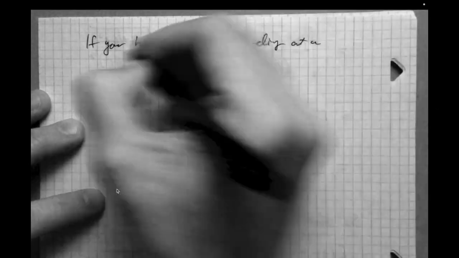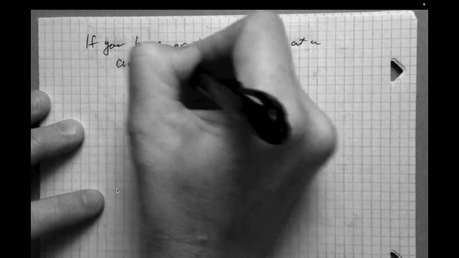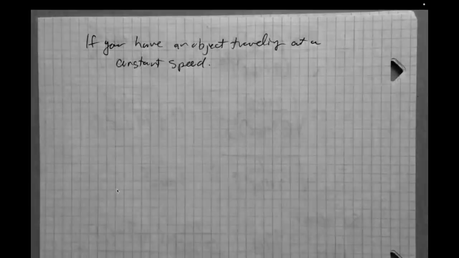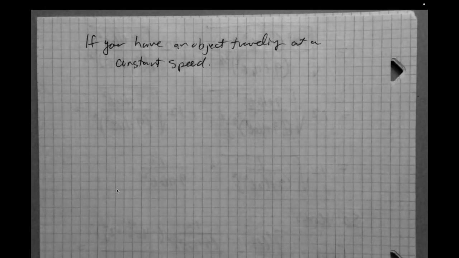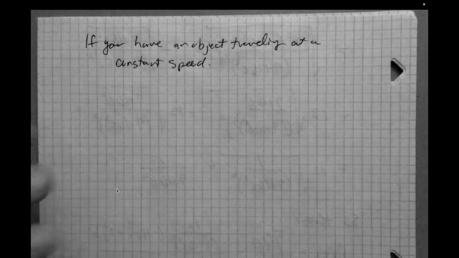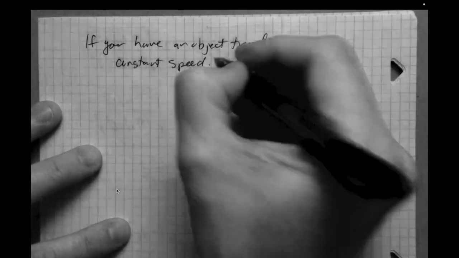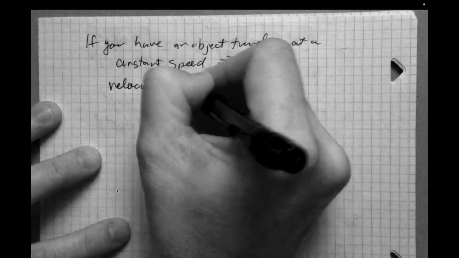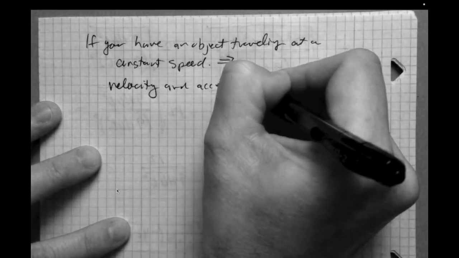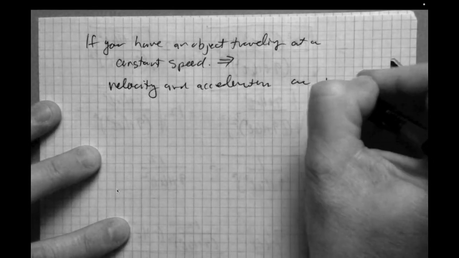Meaning its velocity might be changing, i.e. in direction, but its speed, the magnitude of the velocity, is constant. Okay, we saw previously that when you have that situation, the velocity and the acceleration vector are going to be perpendicular to one another, right? So this implies velocity and acceleration are perpendicular,